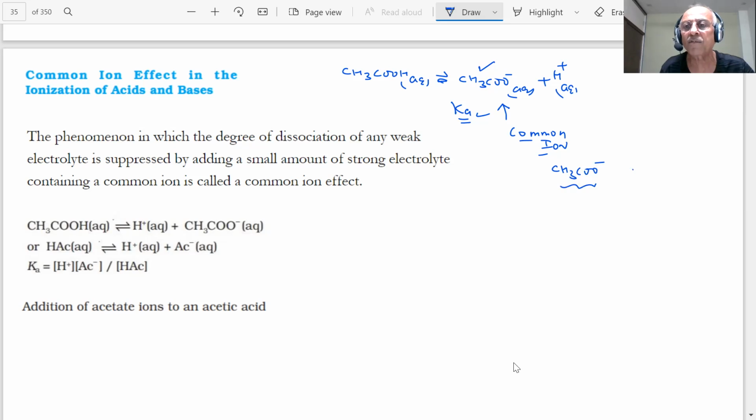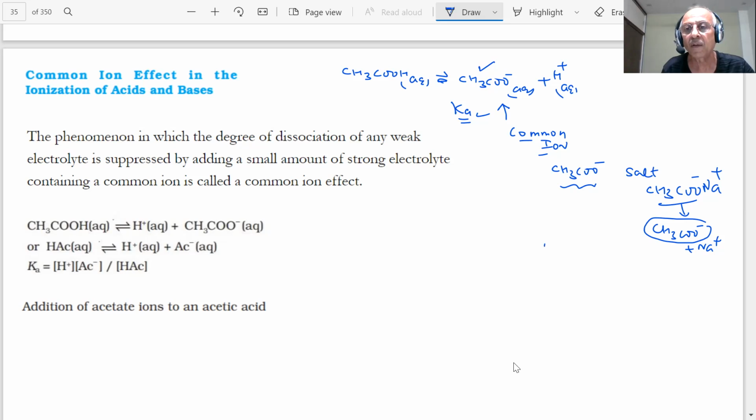If I consider the salt of this, suppose sodium acetate. So what is this salt? This will get ionized. As soon as I add it, it will ionize to produce CH3COO minus, the acetate ion, and sodium, Na plus. Yes, sir. So this ion is already there. There is a certain amount of this ion at equilibrium, and this added ion is a common ion. What will be the result of the addition of this? The degree of dissociation of the weak electrolyte will be suppressed.